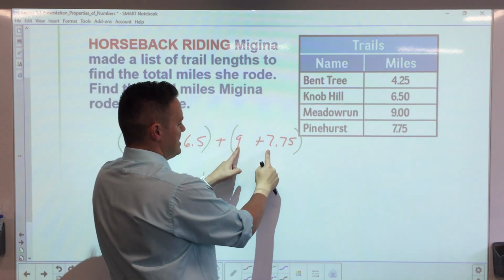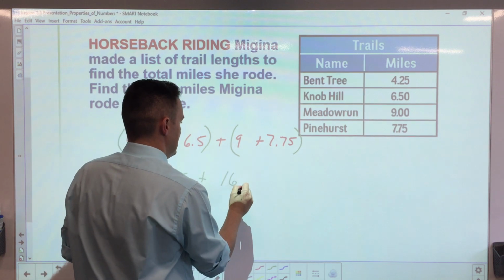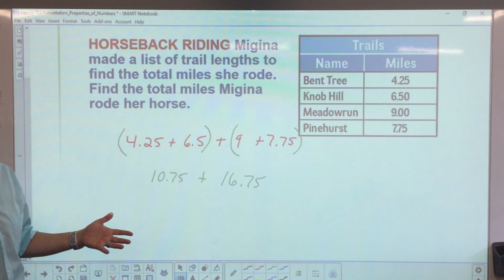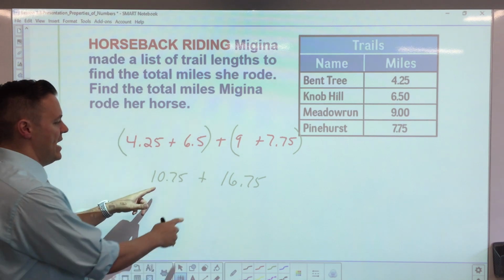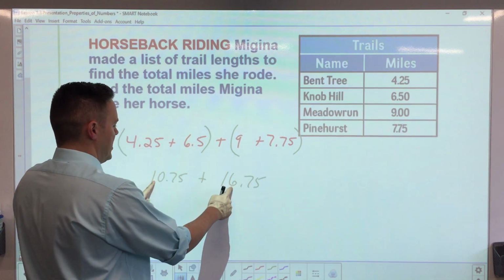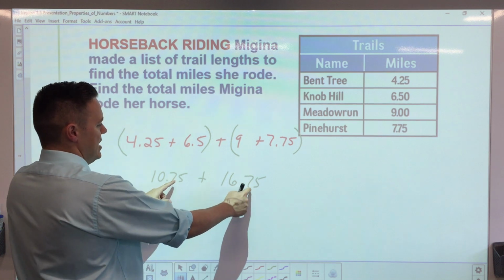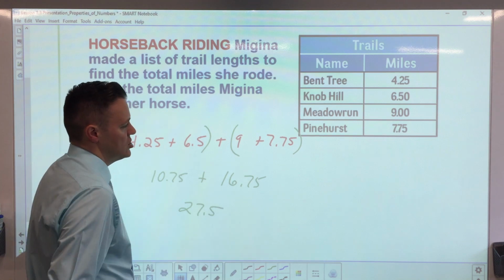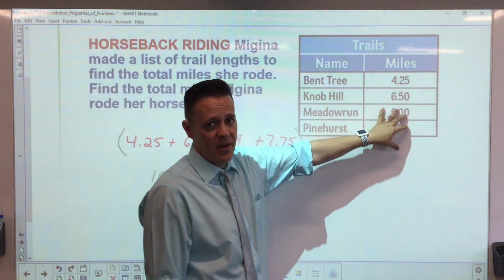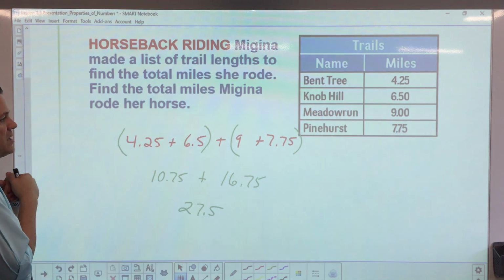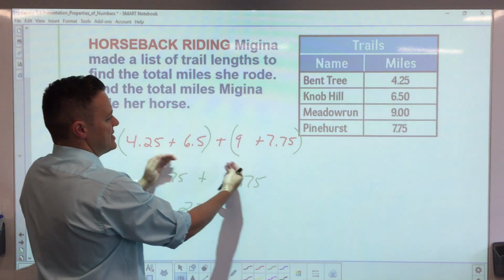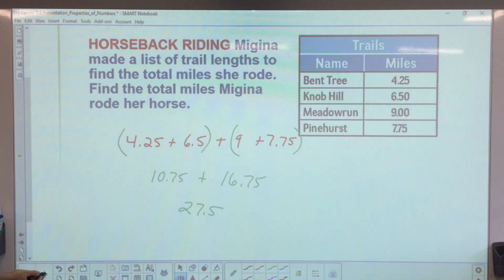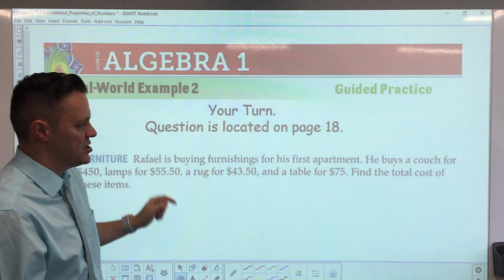Plus 9 plus 7 is what? 16.75. You see how the associative property makes it easier to add? And then the last piece here, you add these two together. So it'd be 10 plus 16 is 26, but with the decimals, that'd be 27.5. So totally, she went 27.5 miles. But you see how when you use the associative property, it makes it easier to do. You group things together to add them up, and then it makes it easier to solve the equation. So ladies and gentlemen, on this one here, I want you to do it